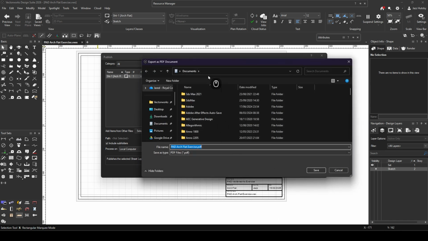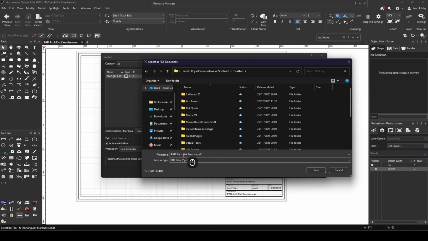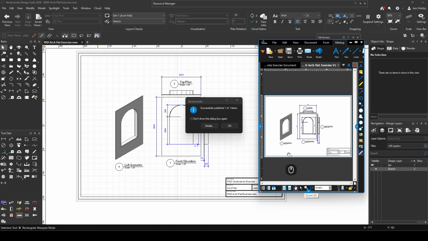It will then pop up where do you want me to save this to. Again, I'll just go into my OneDrive, my desktop, because why not? And I'm just going to call it. It will automatically come up with the file name of the Vectorworks drawing, but you can call it whatever you want. I'm going to call it B1. I'm going to hit save. And it will publish that out, and it should automatically